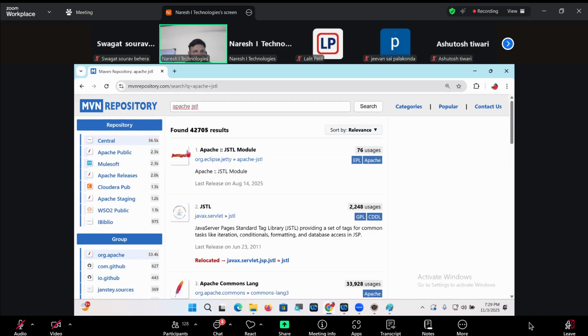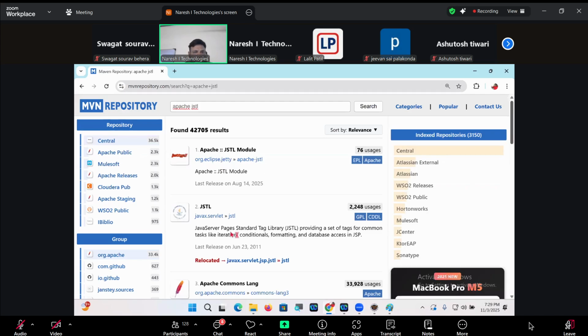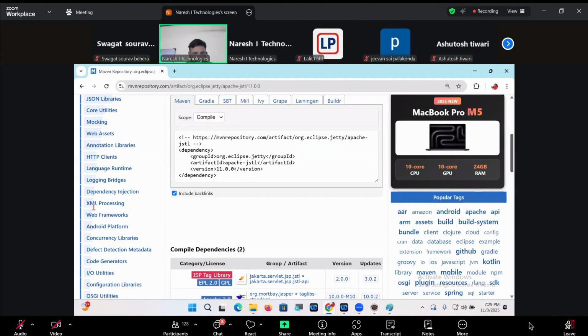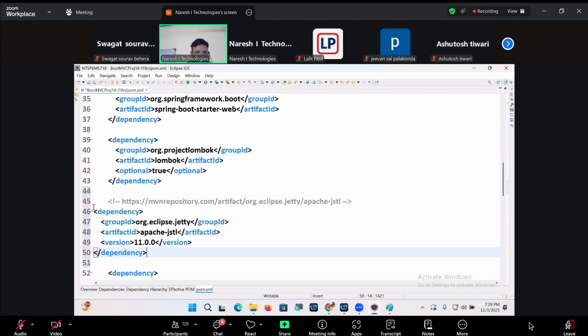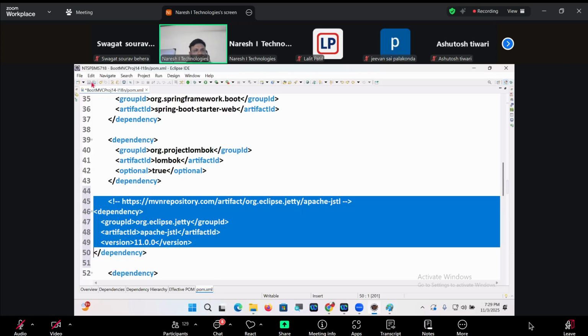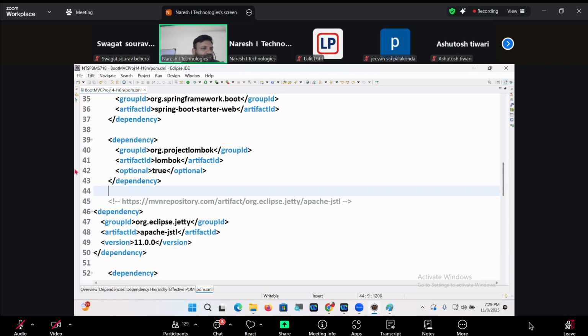Apache JSTL 11.0. Copy this. Paste. Yeah, 11.0. JSTL jars are added. Okay, that's good. Tell me next one.